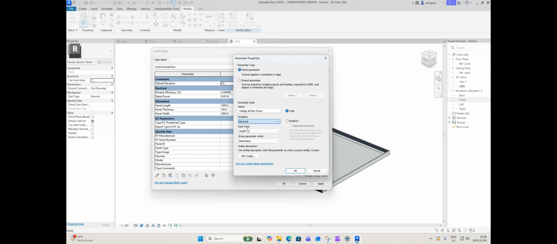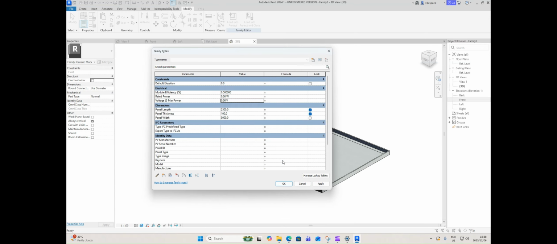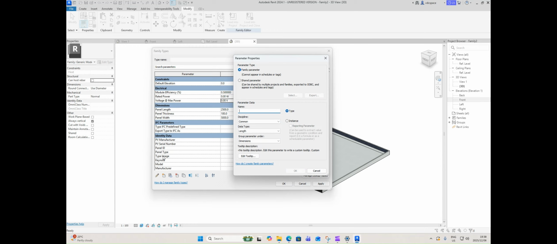I'm gonna change this to electrical, and then let's see. I'm gonna change it to electrical potential, and then group it under electrical and say okay. So it's in voltage. Okay, the next one is the current